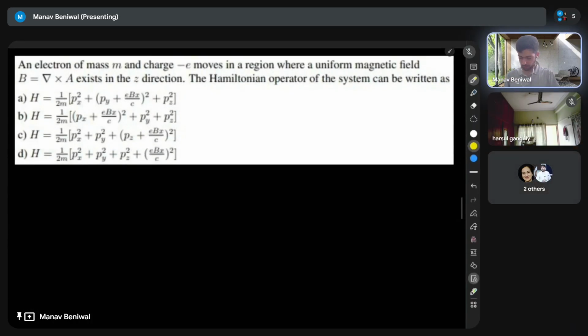Okay, so for the next one, we have an electron of mass m and charge minus e. So we have an electron, right? And it moves in a region where a uniform magnetic field B, del cross A, exists in the z direction. So we have a magnetic field whose x and y components are 0 but z component is non-zero. So then the question is that the Hamiltonian can be written as,